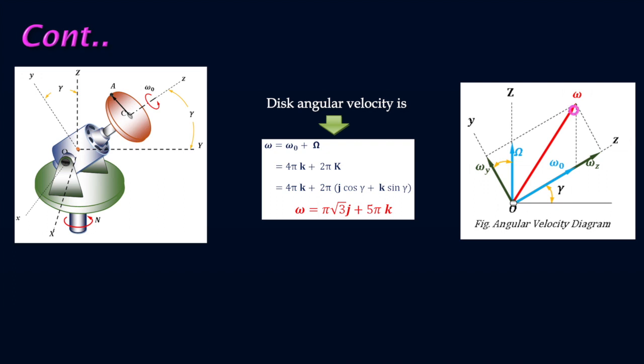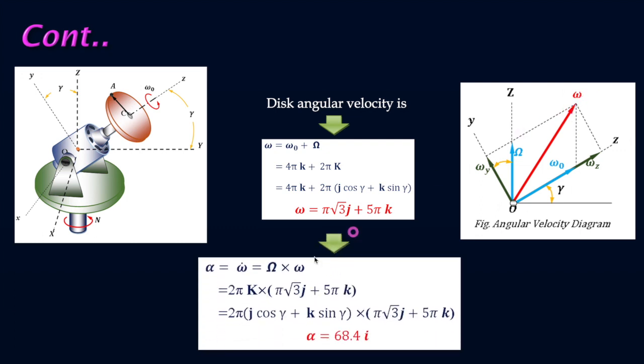On the other hand, if we consider the small letter coordinate, then this is omega z and this is omega y. So again the resultant will be the same, omega. Whatever coordinate system we choose, our resultant will remain the same. So as per this diagram, we have shown that in both reference systems we obtain the same direction and magnitude for the resultant angular velocity.